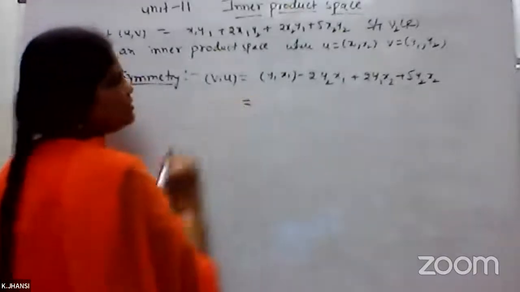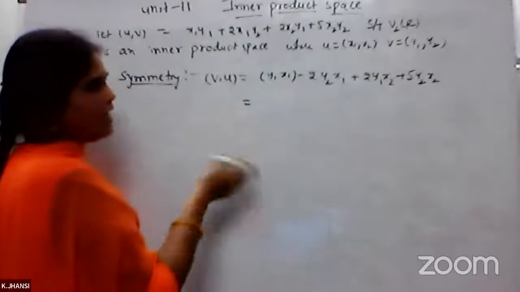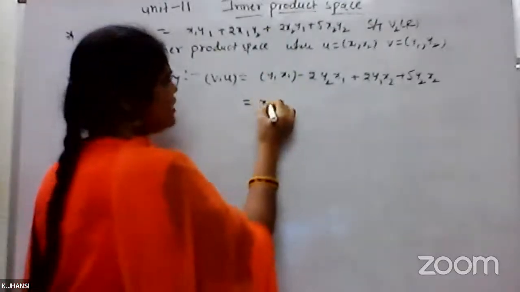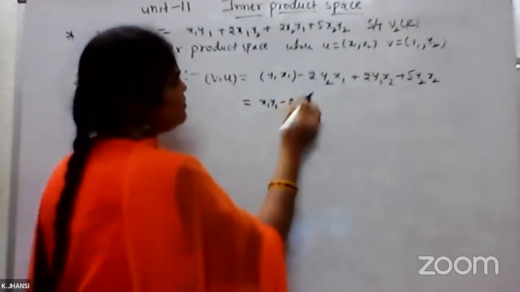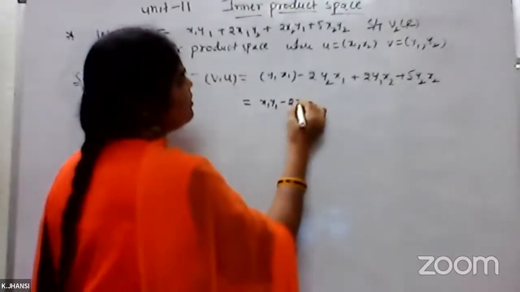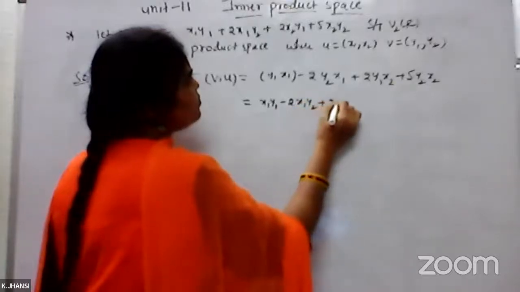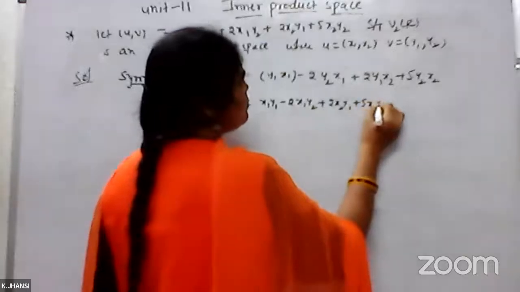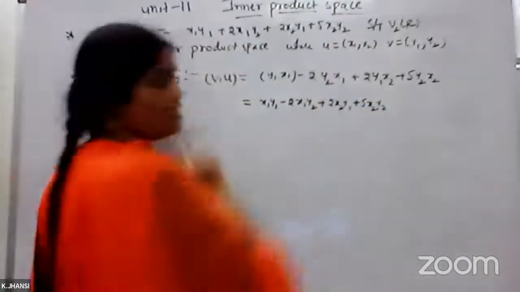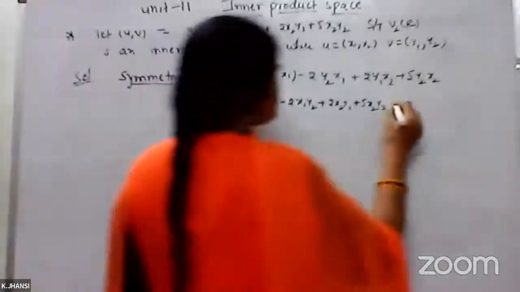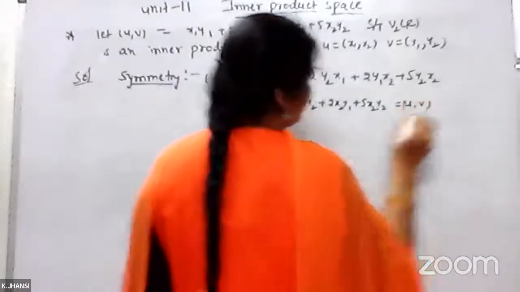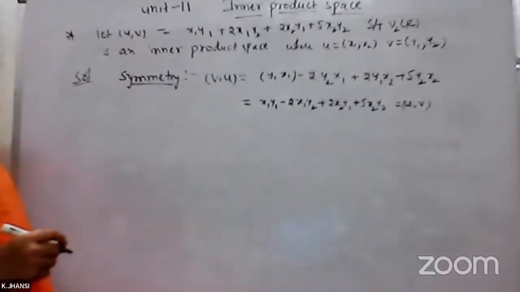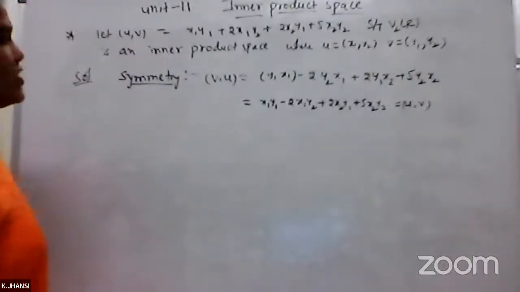Okay. So this is the multiplication. So in multiplication AB you can write as BA. So if you again interchange this, you will get x1 y1 minus 2 x1 y2 plus 2 x2 y1 plus 5 x2 y2. So this is same as the given one in the question. So it is equal to u comma v. So v comma u is equal to u comma v, which means the symmetry property is satisfied. Okay. Next, second one,